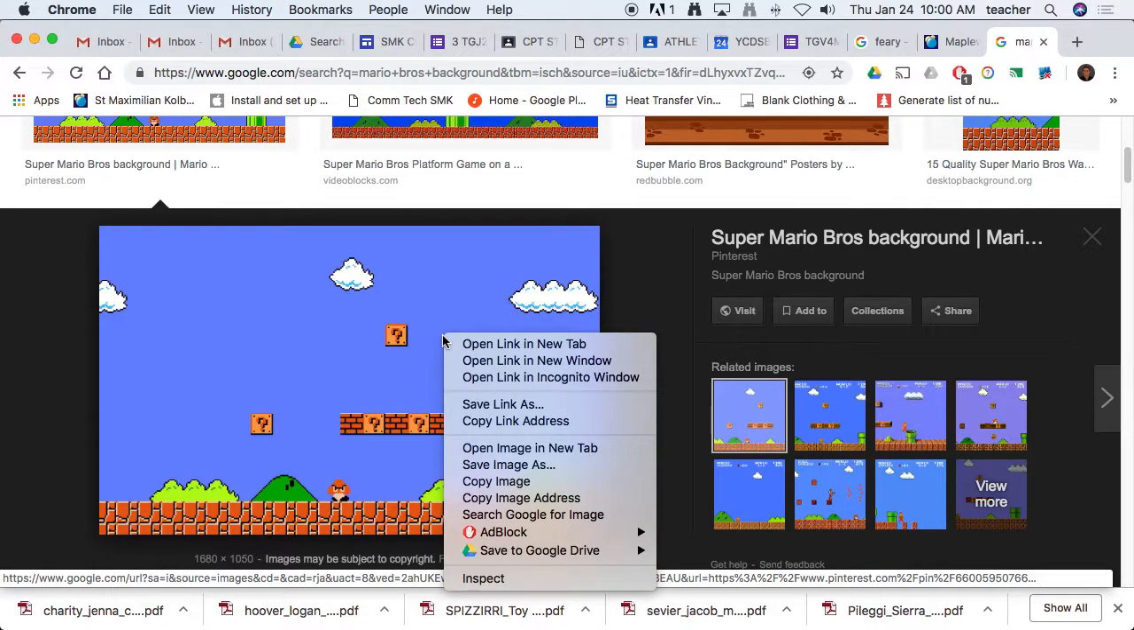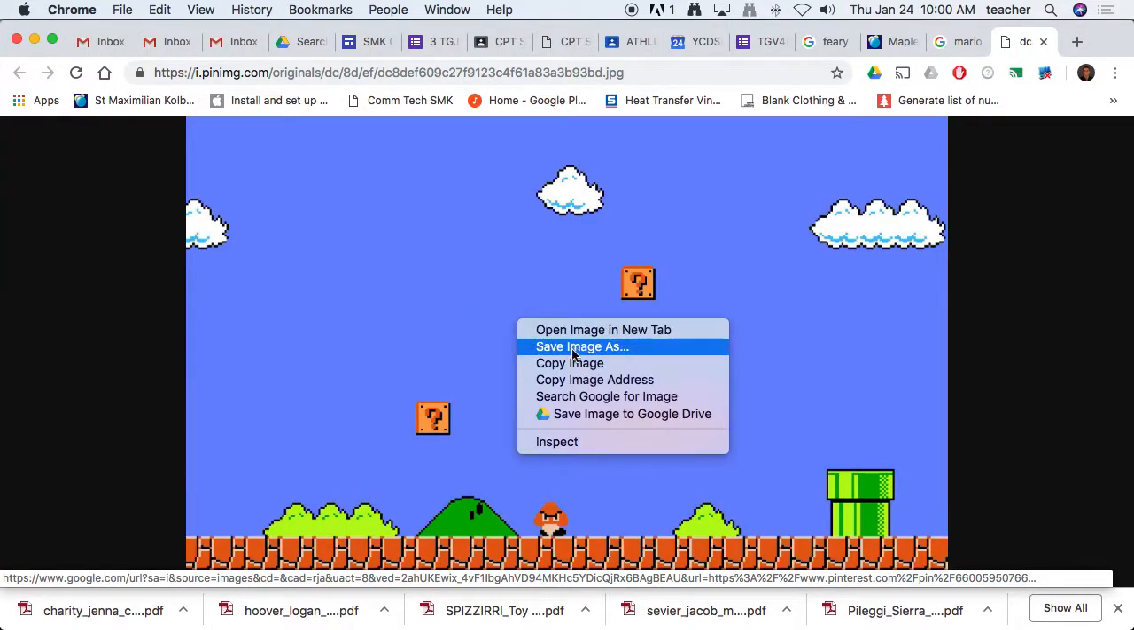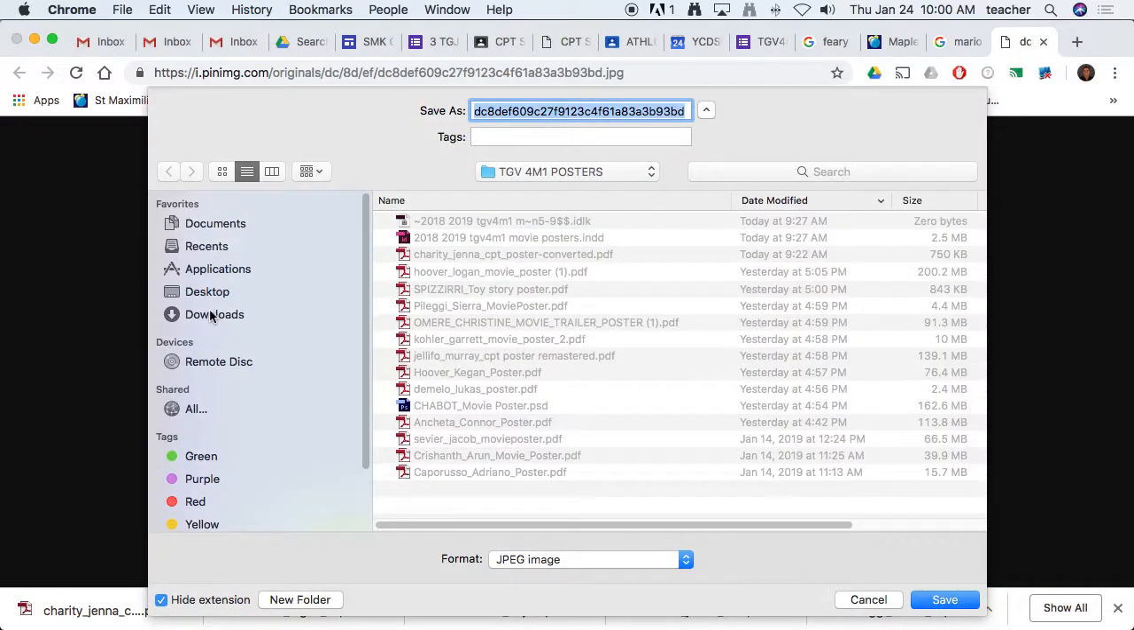An image off the internet that I'm going to use for my background. It's Mario Brothers. I'm going to say open image in new tab. I just want to see how it previews on this new tab, and it looks nice. So now I'm going to right click and save image as. I'll just put this in my downloads for now, or if you have a folder on your desktop, that's